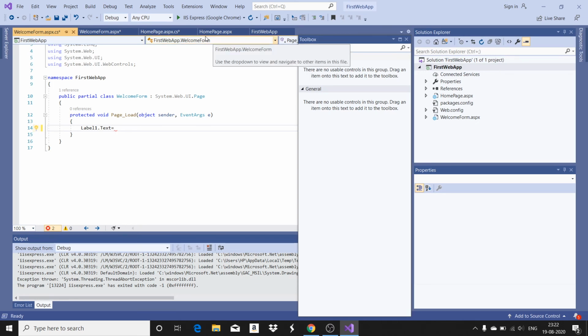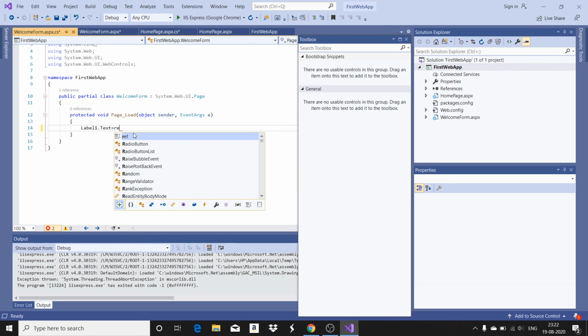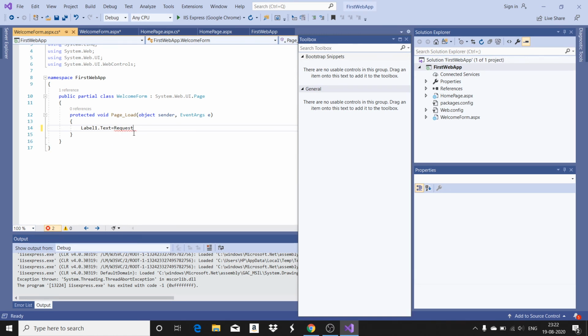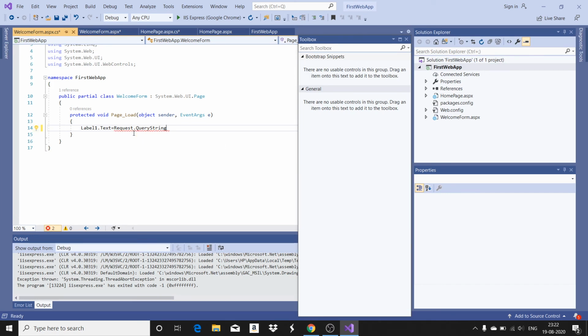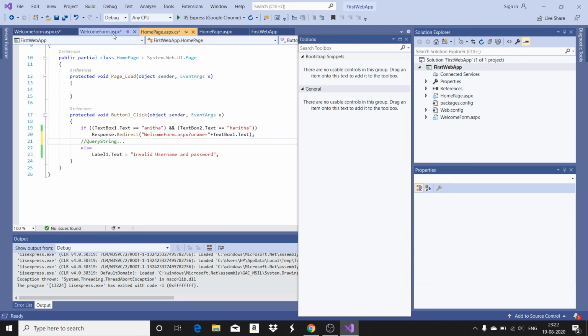Whatever request has come in, you go to the request object. In the request object, you have a property called QueryString. So which one do you want? The user name that is entered. So you can observe here, we have given the query string name as username, and this will be the value.